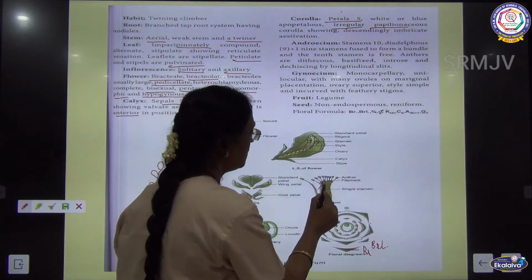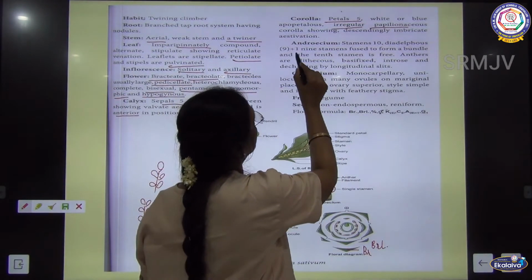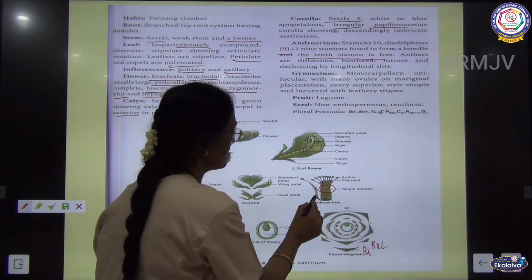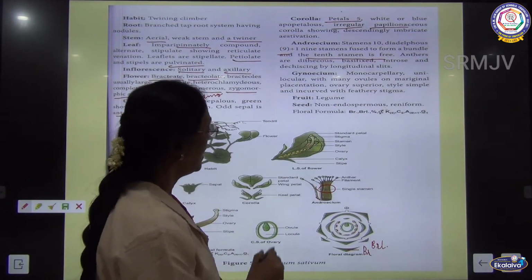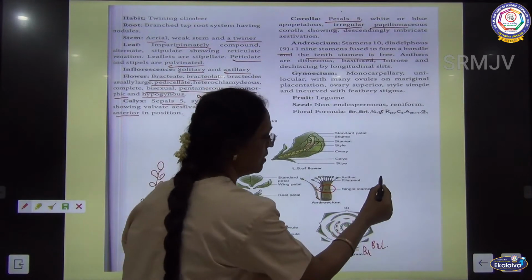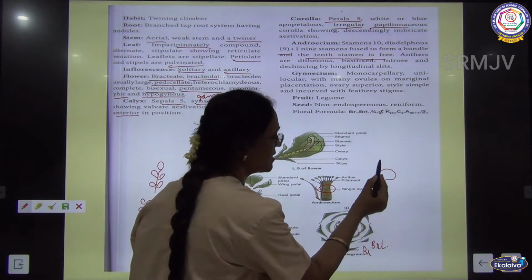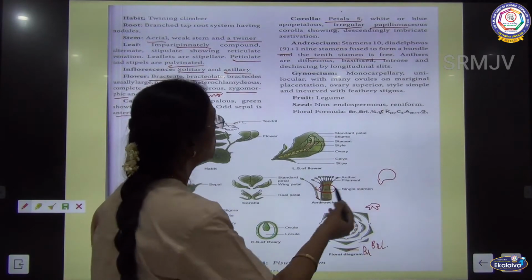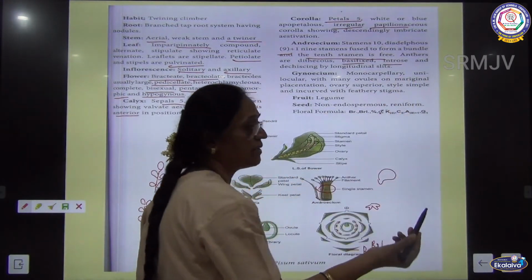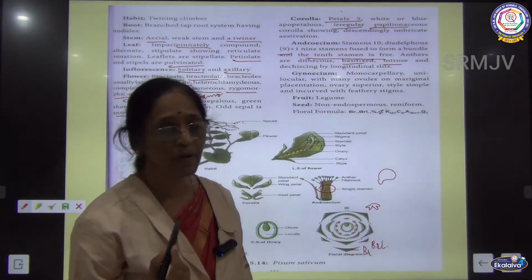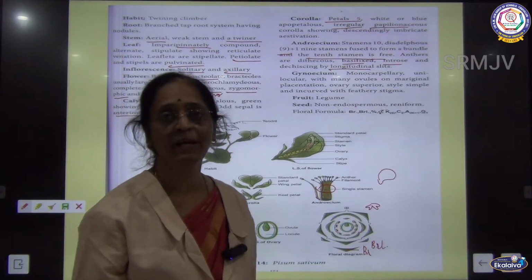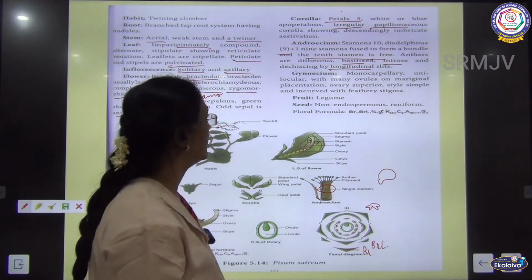When it comes to the androecium, 9 form a single bundle, and the 10th stamen is free. You can find this 10th stamen as a free stamen. And the anthers are dithecous. That's why you have seen the diagram showing like this. This is dithecous. How do you represent the monothecous condition? This is a monothecous condition. So here it is dithecous and they are basifixed, introrse. They are facing towards the interior side. And then they dehisce by longitudinal slits, because they help in pollination.